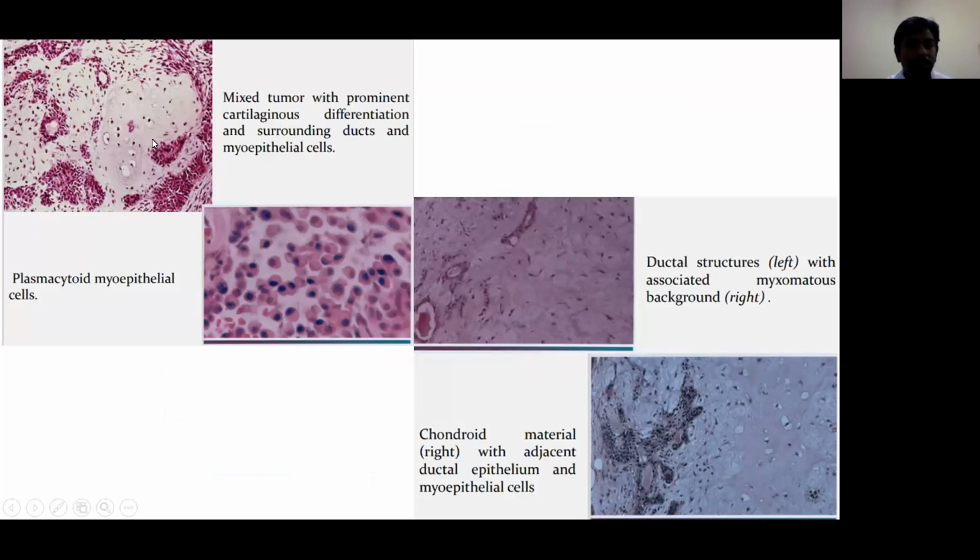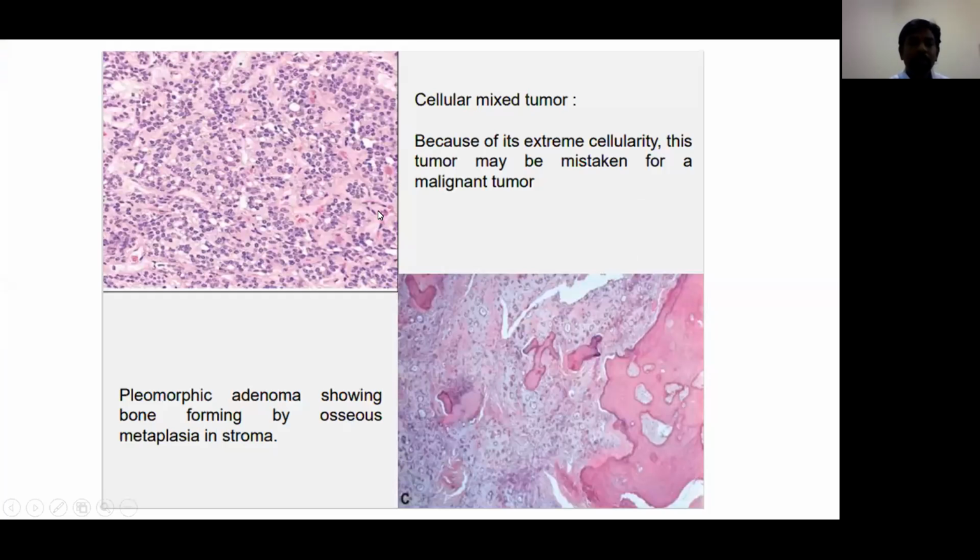This is the real picture, where you can make out this cartilage and these myoepithelial cells in the background, studded into the chondromyxoid stroma, and some tubular structures also you can make out. These are the myoepithelial cells in a closer view. Myoepithelial cells almost look like plasma cells, with eccentrically placed nuclei and abundant eosinophilic cytoplasm. You have the myxomatous stroma here, and you have this chondroid material here, along with ductal epithelial and myoepithelial cells. So this is a typical picture of